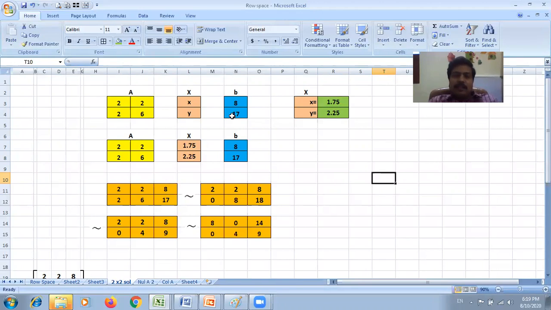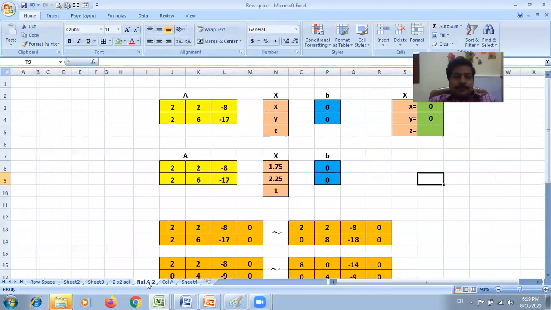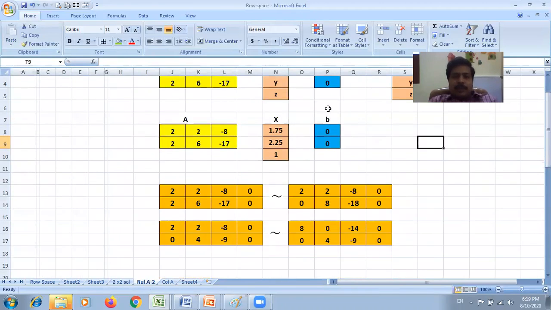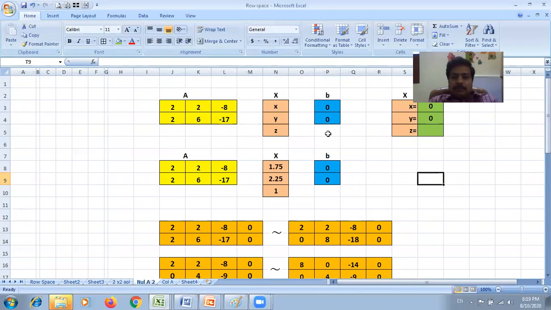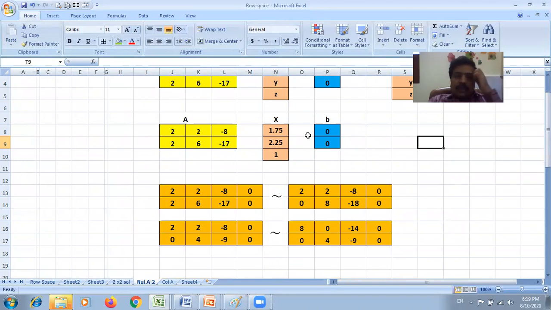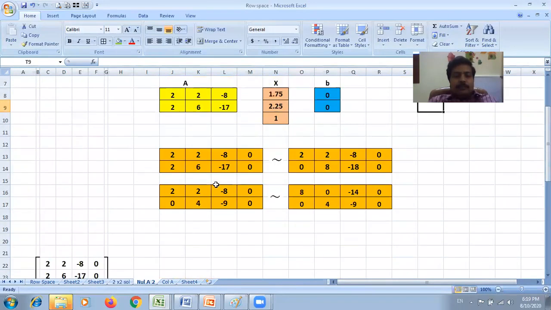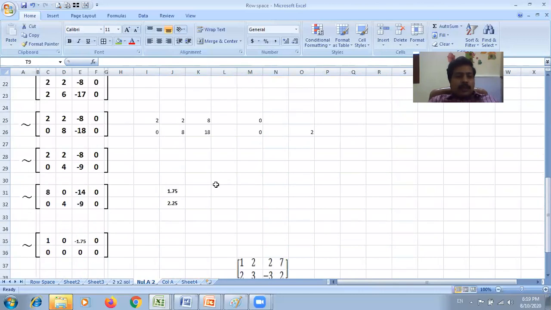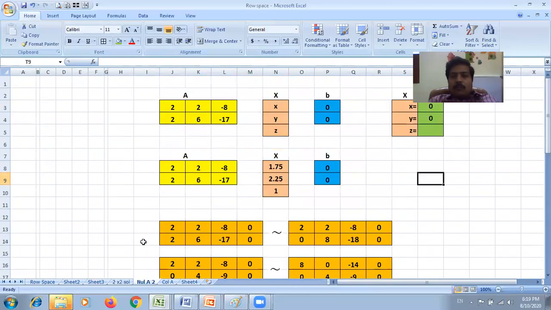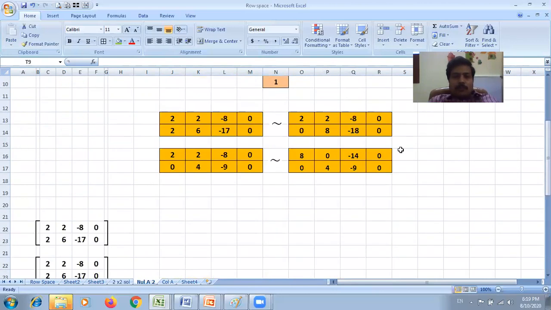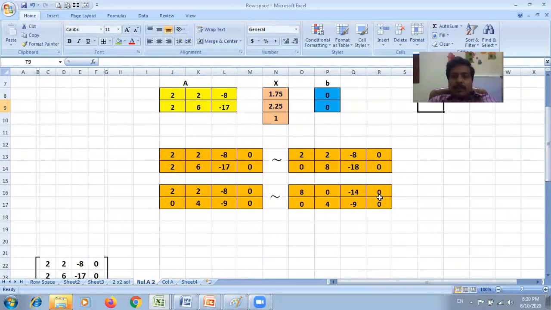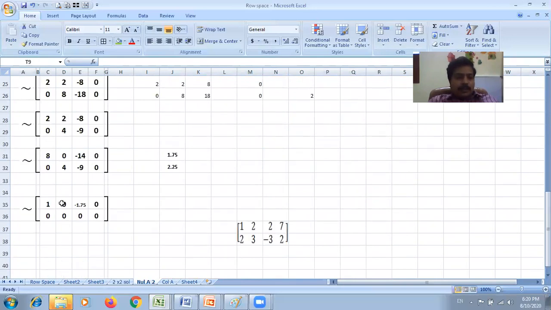Now it is a linear equation with 3 variables. So this is the method of finding null space A. So this is the null space A again. So we are converting it into null space A. So this is being reduced into echelon form. Finally, this is our echelon form.